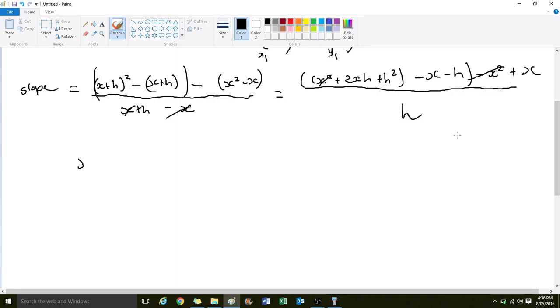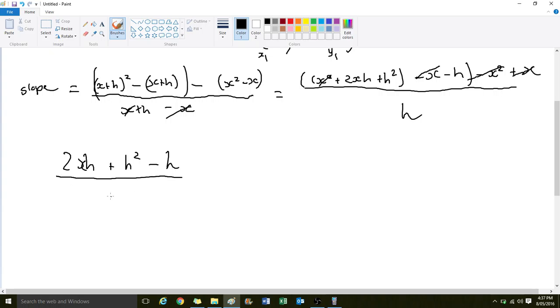We have 2xh, and this one here can cancel as well, minus x and plus x, so that cancels. So what we have at the top then is 2xh plus h squared take h